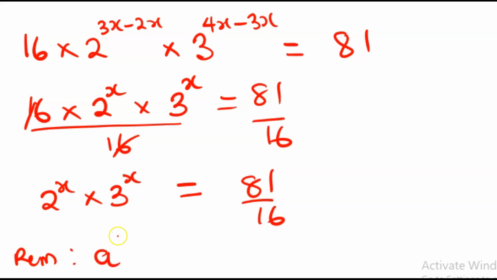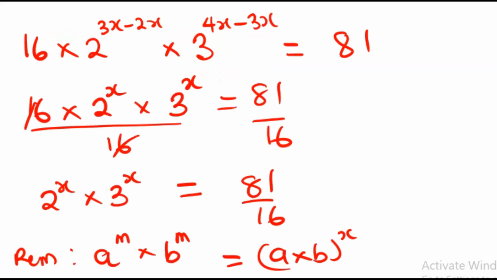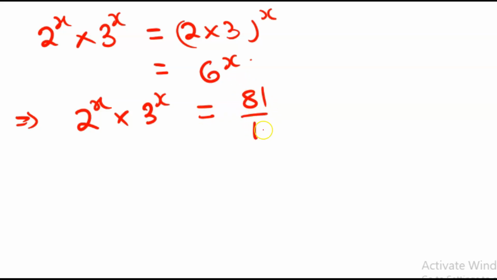Now remember, a raised to the power m times b raised to the power m is the same as a times b all raised to the power x. So 2 raised to the power x times 3 raised to the power x will now be 2 times 3 all raised to the power x, which is equal to 6 raised to the power x. Therefore, in place of 2 raised to the power x times 3 raised to the power x being equal to 81 over 16,